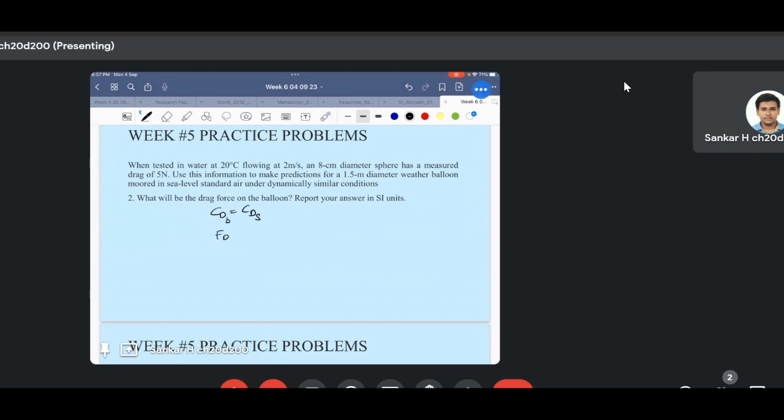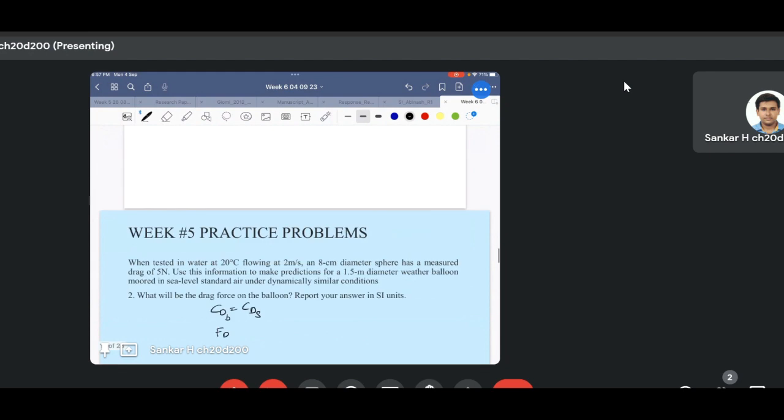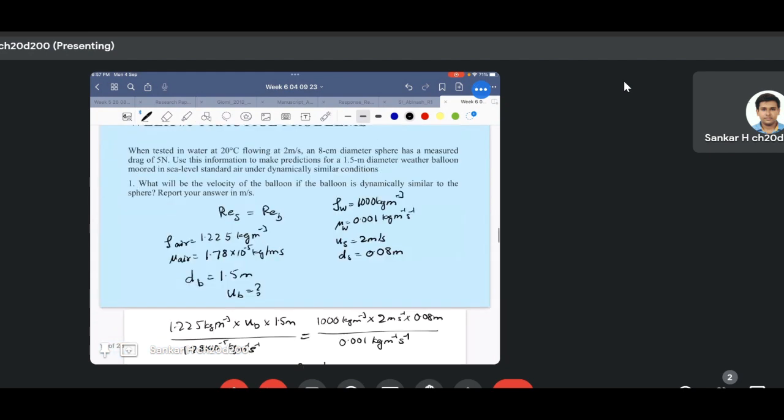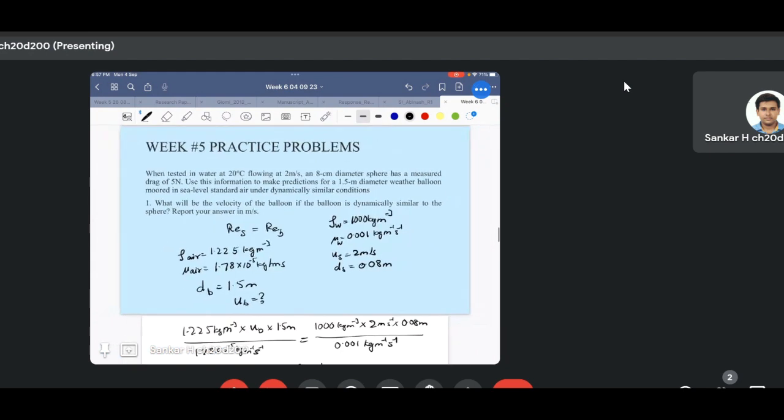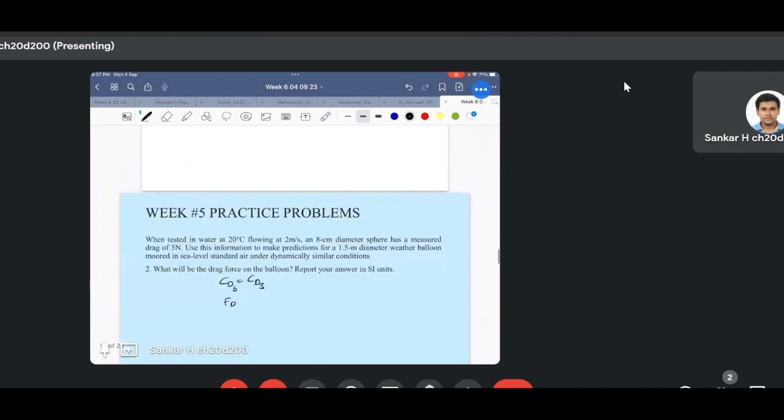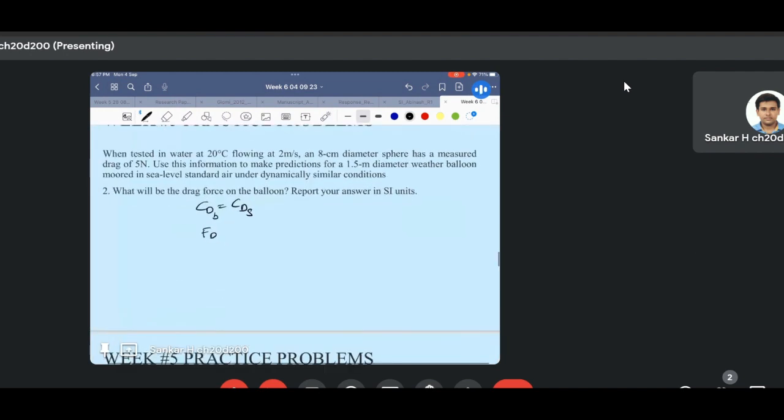Therefore, the drag force on the balloon is what we need to find out, which can be given as